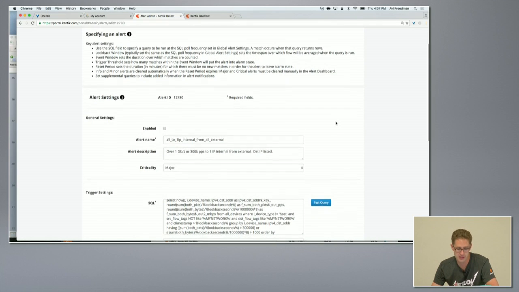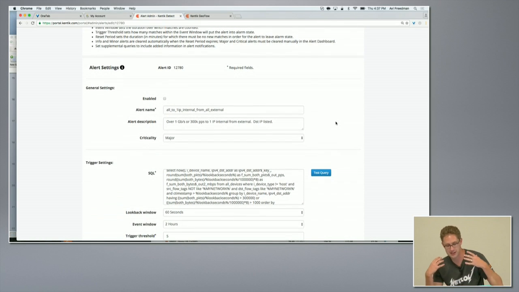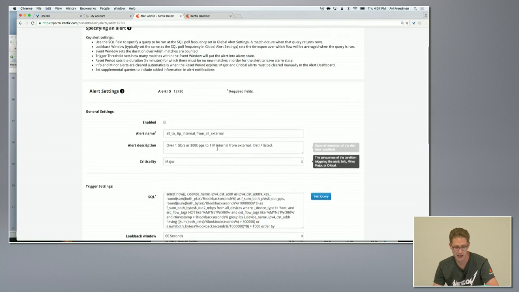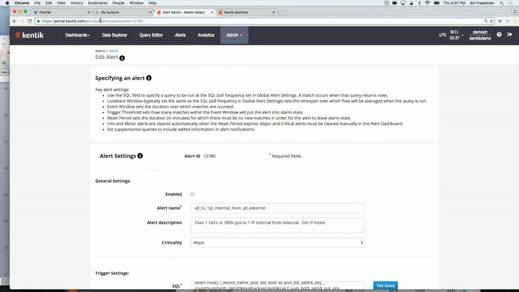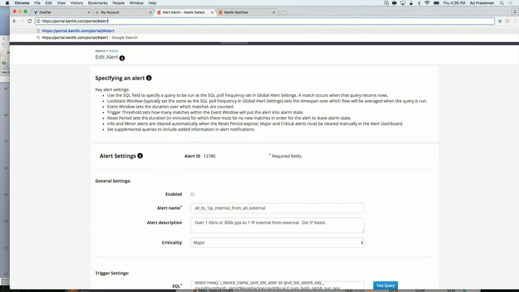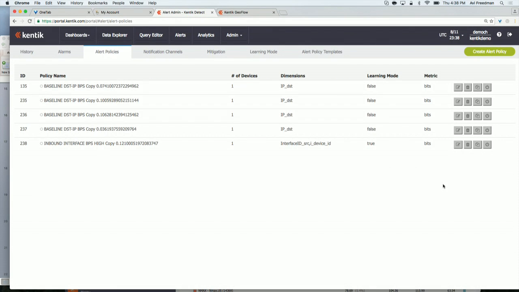One of the issues with this mechanism is that it's difficult for people to write and tune SQL queries. And the other thing is that it doesn't give us any ability to do profiled detection over time. So we built a whole parallel alerting mechanism that is entirely menu driven with the intent of giving you just as much flexibility for policy creation and detection as we do in the Data Explorer. So, and actually I want to show you this in a different